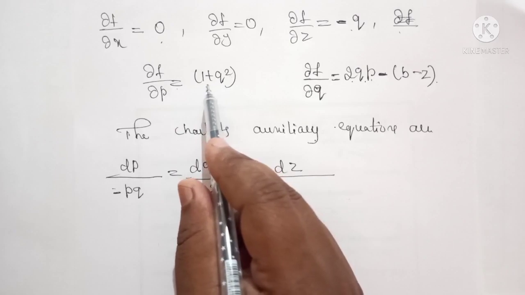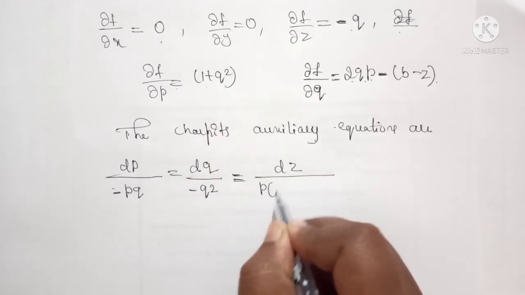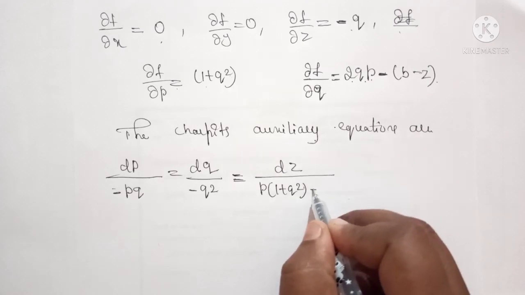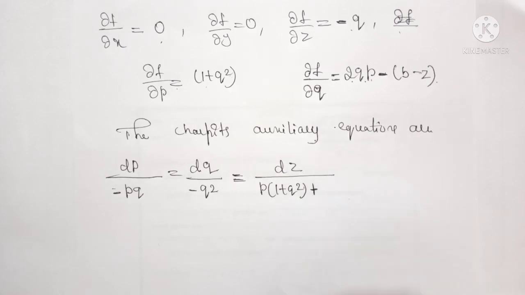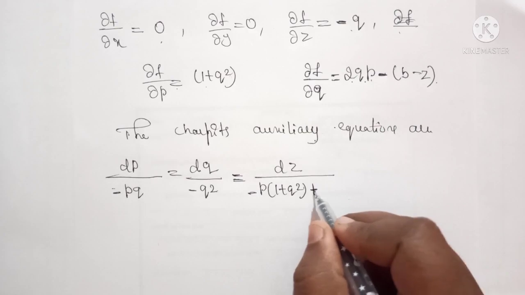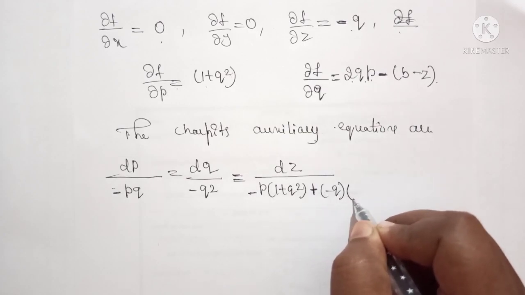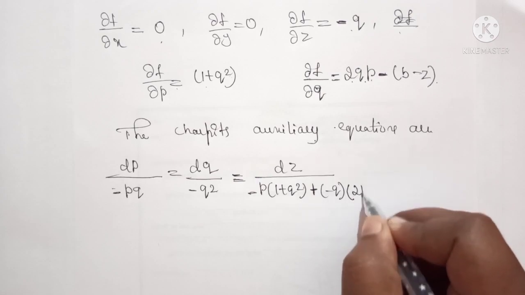P into dou f by dou p is p into (1 plus q square), plus q into dou f by dou q. Dou f by dou q is 2pq